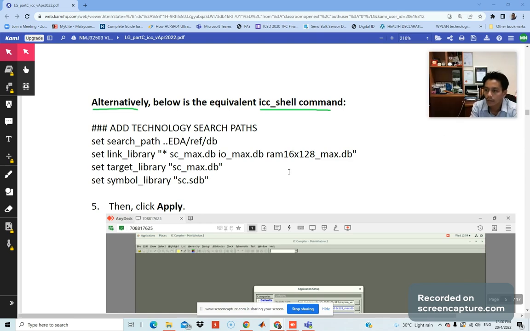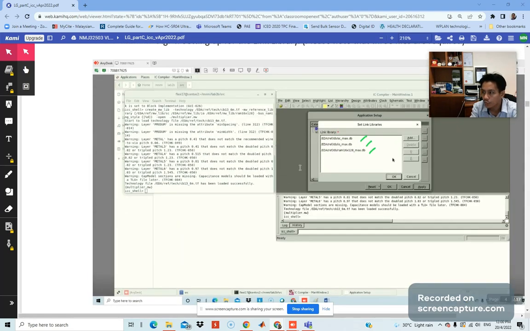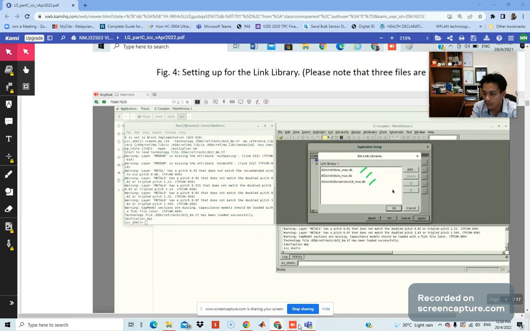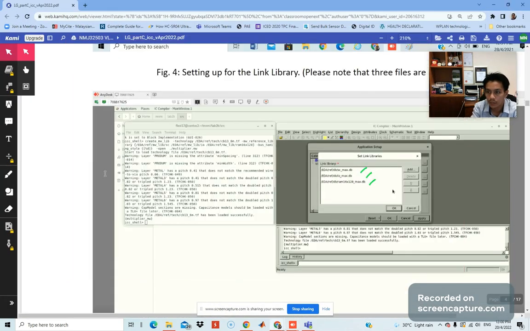Alright, so I have managed to find it. I think the error is due to the link library, because we can see here it's mentioned the link and also target library does not contain all required gates. So this is because if you see in our manual,